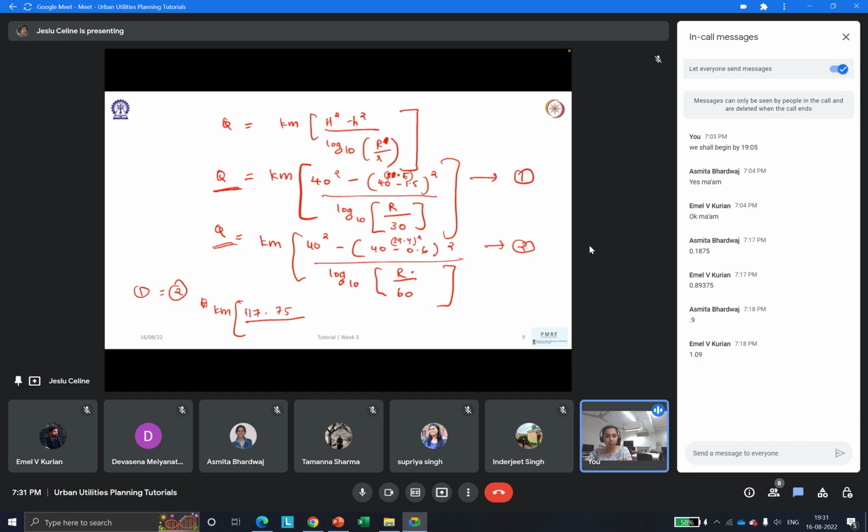You can parallelly work it out and then check whether you're getting the same answer. So this is what I'm equating, and for the second one, I'm equating Km into 40 square minus 39.4 square, that is